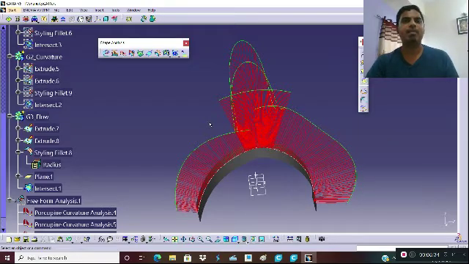So it doesn't matter whether they are connected by means of G1, G2 or G3 continuity. That's how you can identify whether a given class A surface is a proper one, and how to distinguish between the different types of continuity by using Porcupine curvature analysis.